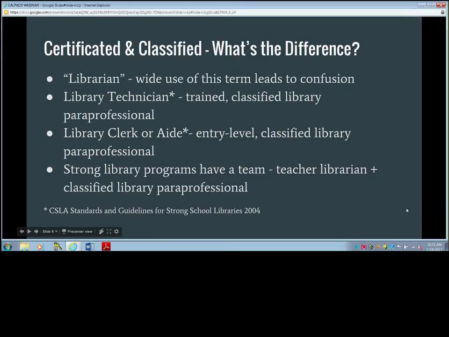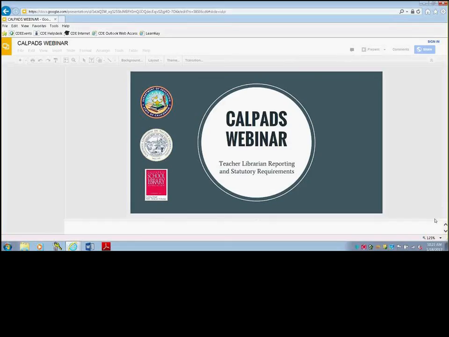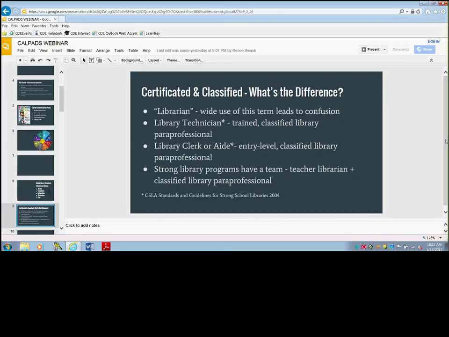And I want to add to that, there are options too. There are options, especially for our smaller districts, where hiring a teacher librarian is just not possible. You can partner with your county office of education if they have library services, or another option is to partner with neighboring districts to provide services. So that would be for teacher librarians of record. And there's another option as well, and that is having the teacher librarian credential.